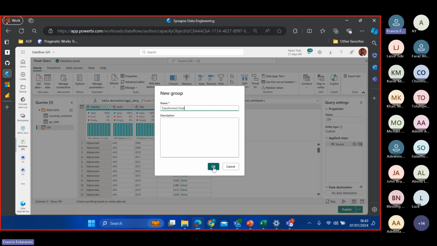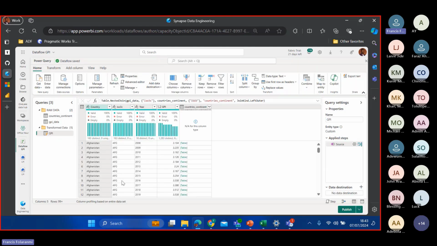Then I click on OK. So now remember that unlike your Power Query desktop, you need to specify the destination of your data set. Then another interesting feature here is that when you right click on any of your query, you can actually enable staging or disable staging. For data flow, most of the time you probably don't need to enable staging depending on your data set, but it's a bit tricky as to what you want to do around enable staging.